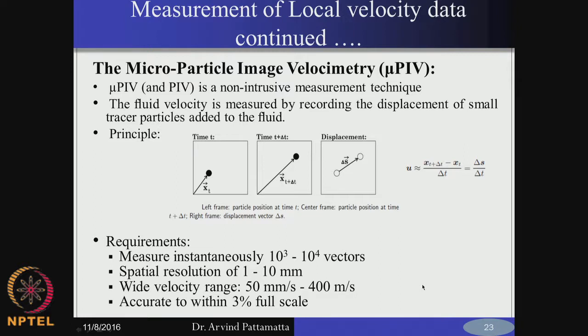So, you have one image where a particular particle would have been at a position vector x at time t. After time delta t, this particle would have moved to x at t plus delta t. So, by simply taking the two images, looking at the position vector of the particle at t plus delta t and at time t, you take the difference between them divided by delta t, which should give you the velocity. This is a very simple method. You look at each and every particle and you will be able to calculate the corresponding velocity vectors. That means you have the local velocity vectors all over the entire system